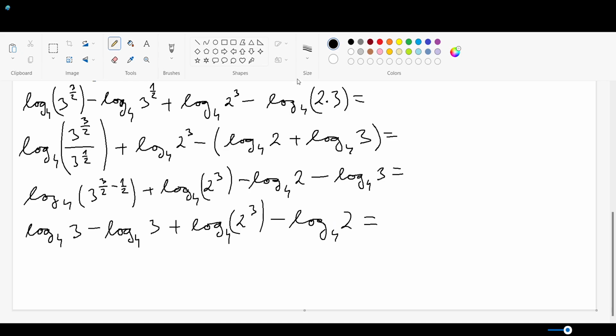Now as you can see, these two logarithms will cancel each other because they have the same value. So if you subtract them, it's gonna be really 0. And on these logarithms you will apply the quotient rule, and it will become logarithm base 4 of 2 to the power of 3 over 2, okay,